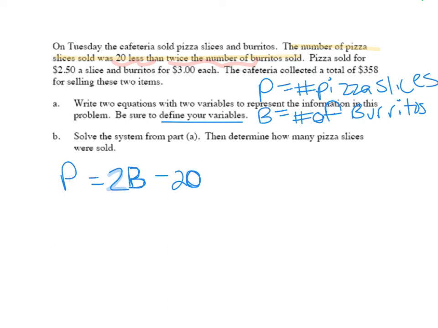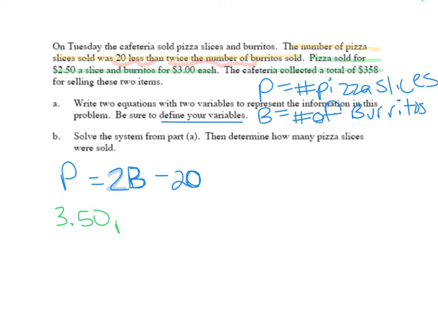All right. If I go back to rereading the story, it's probably going to give us information for another equation. Pizza sold for $2.50 a slice and burritos for $3 each. Cafeteria collected a total of $3.58. So I know if I take my money per pizza plus my money per burrito, the total should equal $3.58. My equation will look like